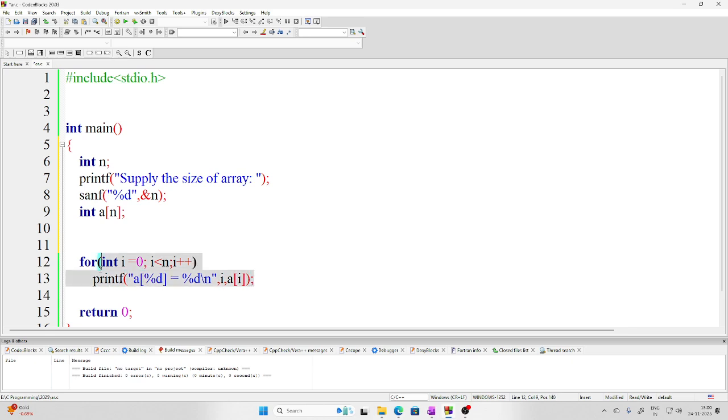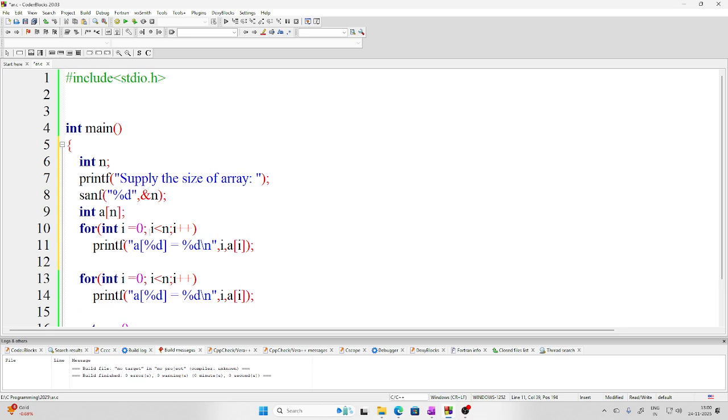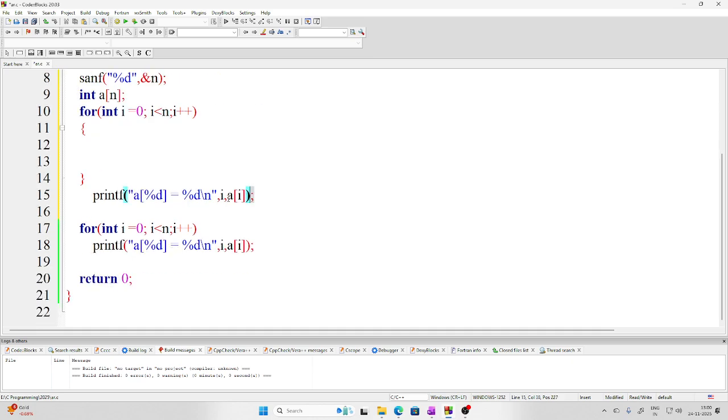So I'll copy this, and here what I'll pass is: supply the element at ith index,